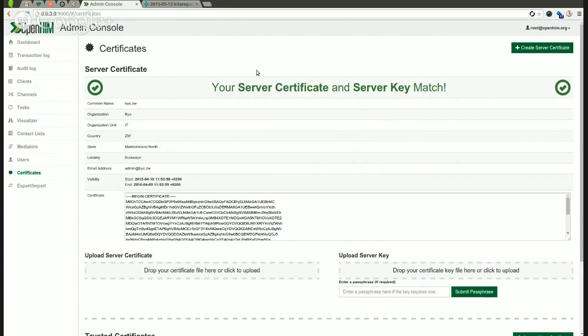But if you do have extremely large amounts of clients and you want to authenticate them all in one go and not have to worry about all that management overhead of managing individual client certificates, we have the in-chain option. So what that'll actually do is you can set up a single client that's somewhere in that certificate chain, and then what it'll actually do is when a request comes into the OpenHIM, it'll